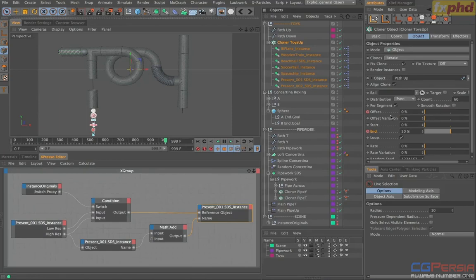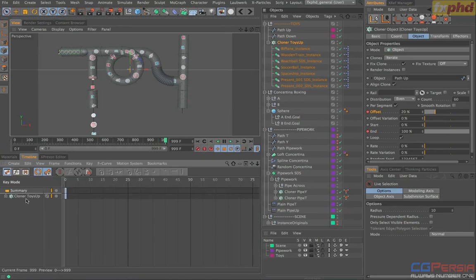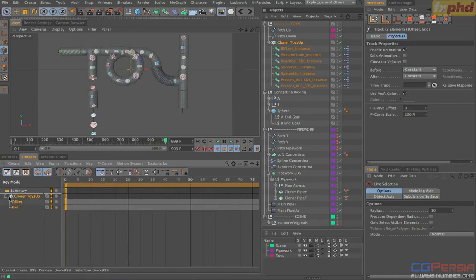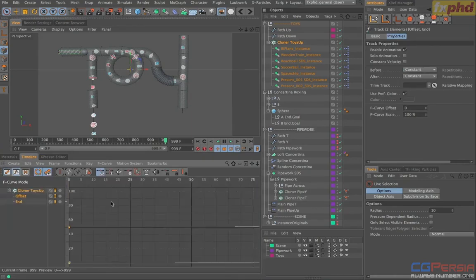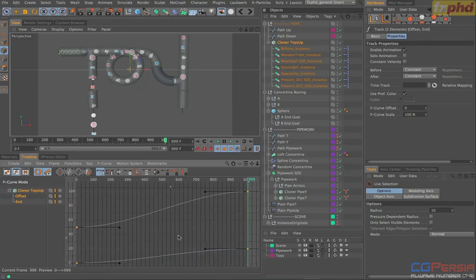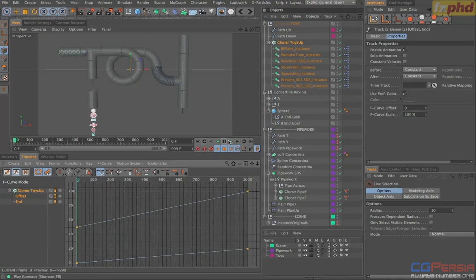And we probably don't want to offset it too much. I'm going to set the end parameter back to 100, so we have our distribution. And the offset, I'm going to just try a value of around 20 for now, and add a key for that. Now of course, if we come to our timeline and have a look at these, press H in our F curve, you can see that they're easing. So I'm just going to choose Alt L to make those linear. And now if we come back and press play,